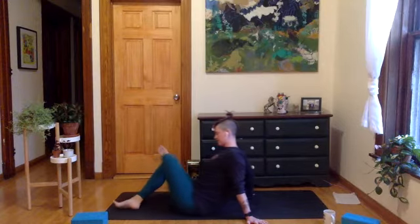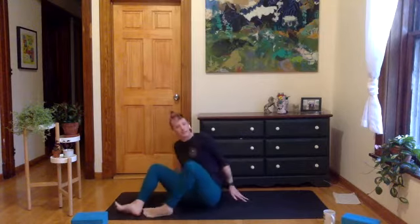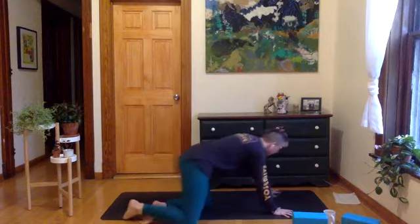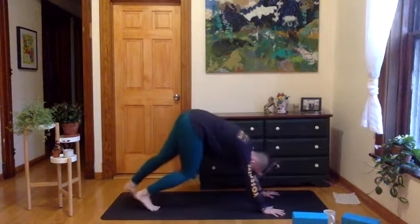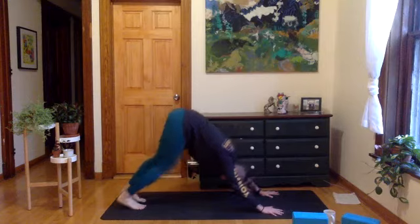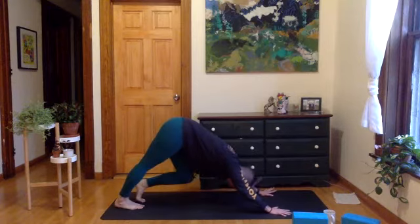Nice job. Thank you, outer hips. All right, unwind yourself and make your way to downward facing dog, please. So palms about shoulders width distance apart, legs extended, high. You can start to pedal out through your legs, really welcoming this big stretch for the back line of your